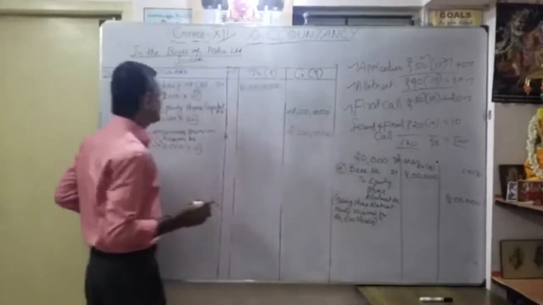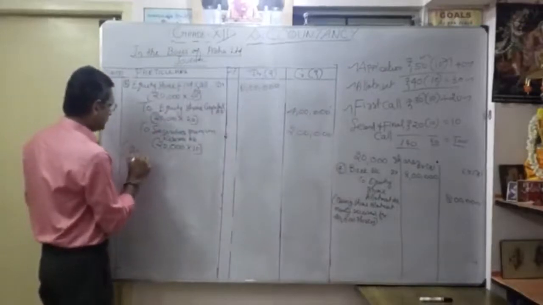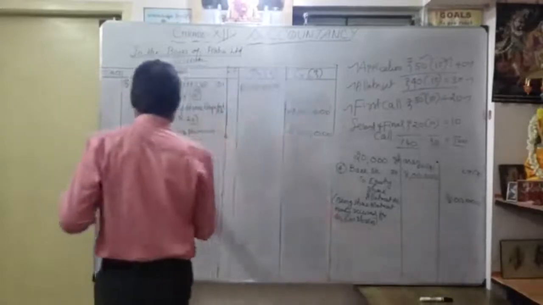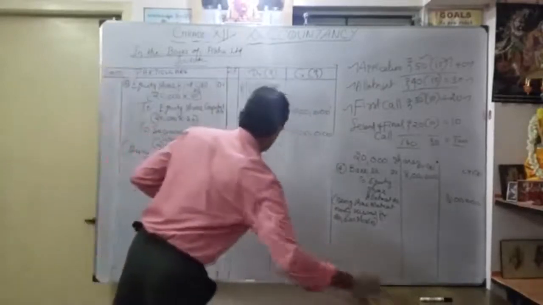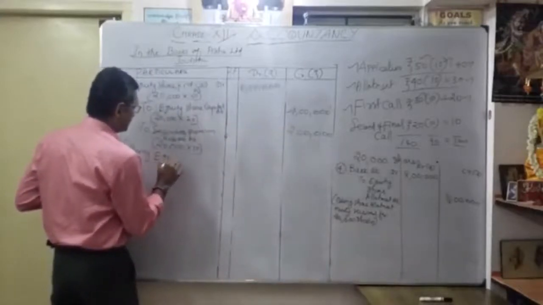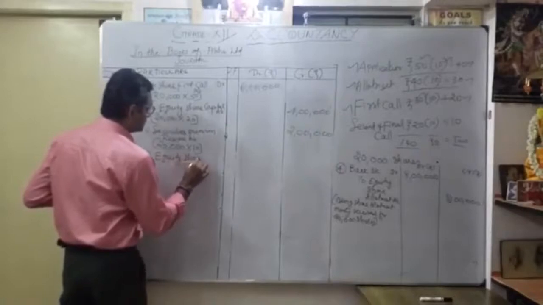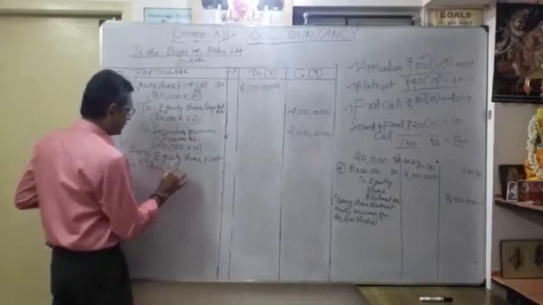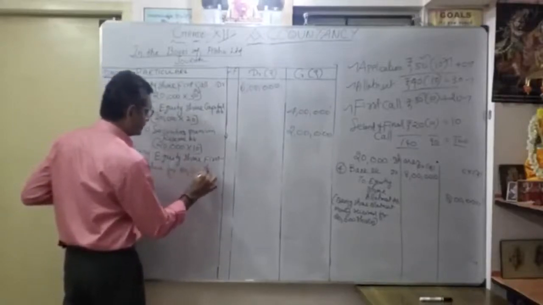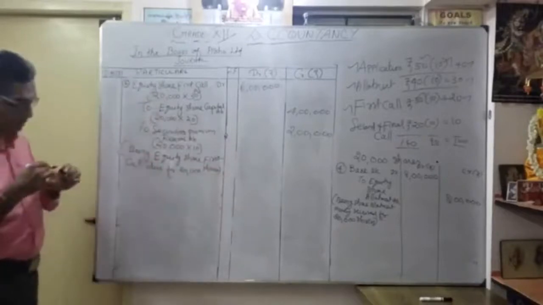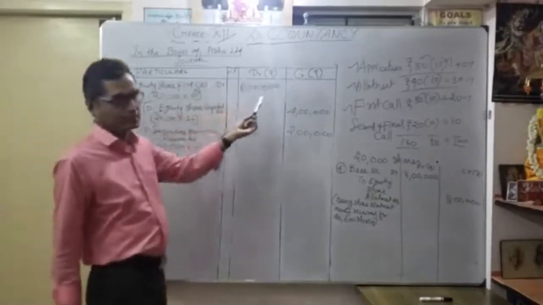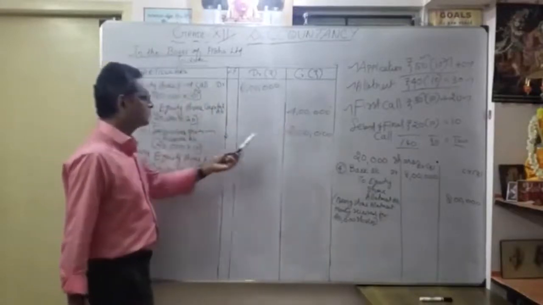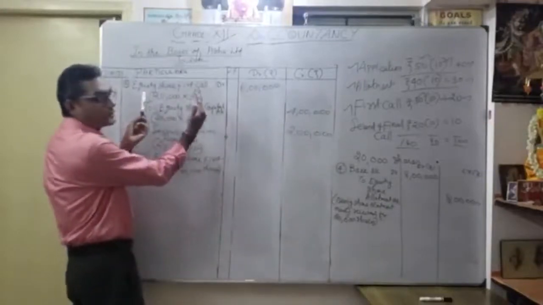Okay. Now, what is the narration? Being equity share first call due for 20,000 shares. Okay. So you understood now equity share first call account 6 lakhs, to equity share capital account 4 lakhs, to securities premium reserve account 2 lakhs. So in the bracket we mentioned, you can write very easily.